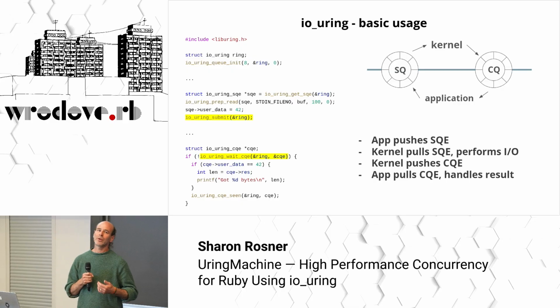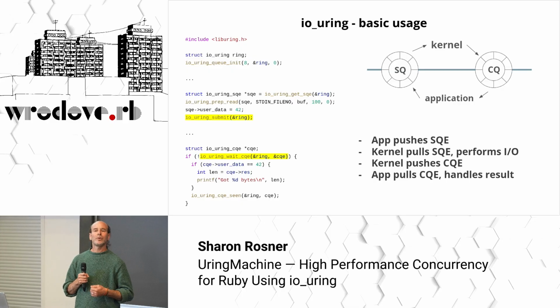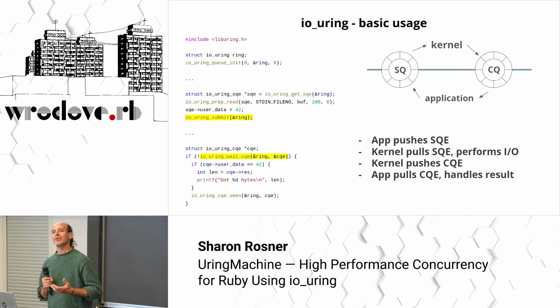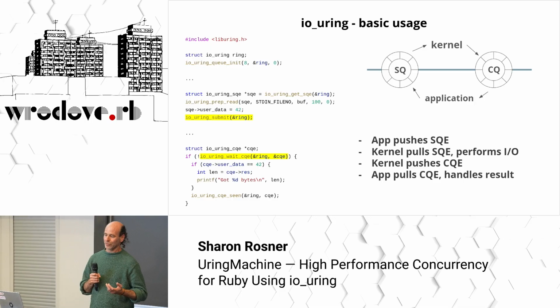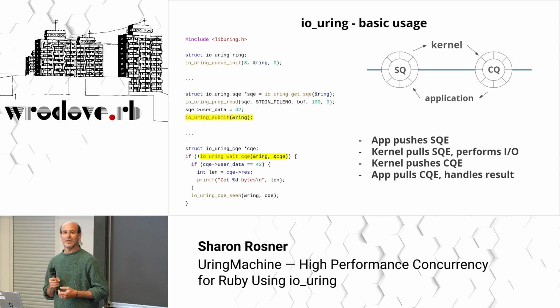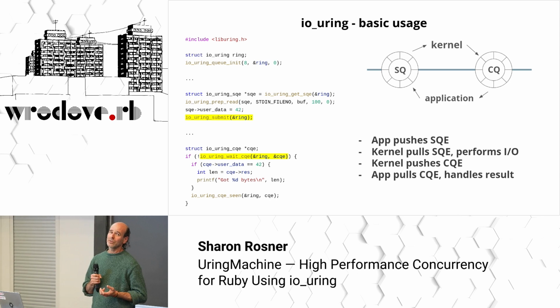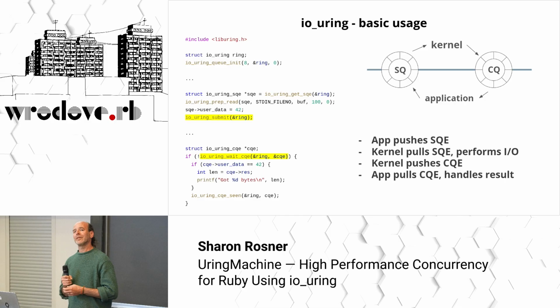So let's look at how we interact with io_uring. With io_uring, an application sets up two circular buffers, or ring buffers, hence the name io_uring, I/O user ring. The first buffer is a submission queue, or SQ. The second buffer is the completion queue. And the way we perform I/O